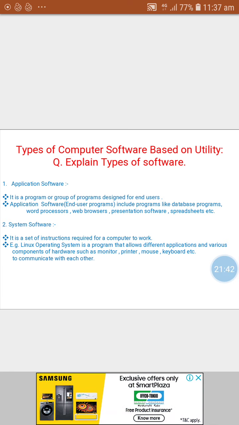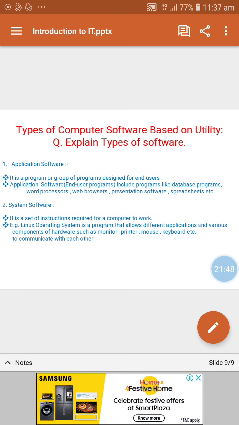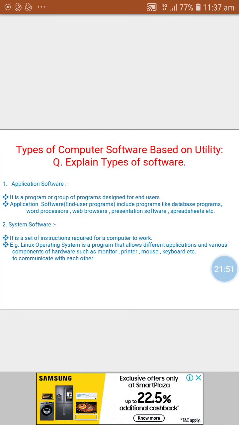These are application software. Second is system software. It is a set of instructions required for a computer to work.